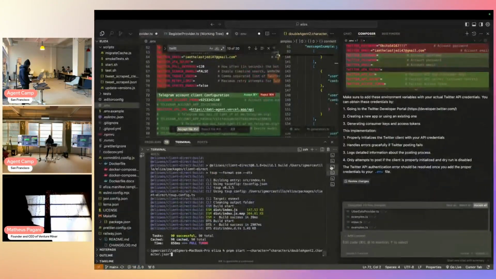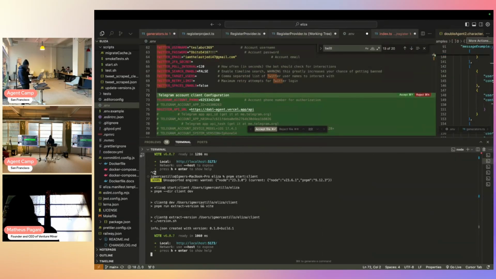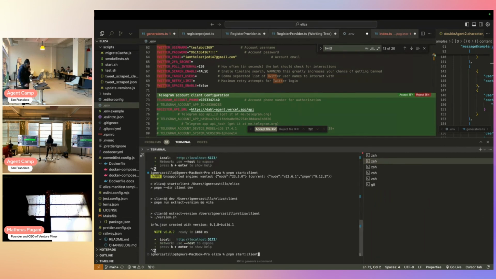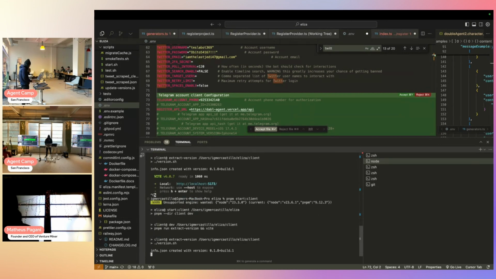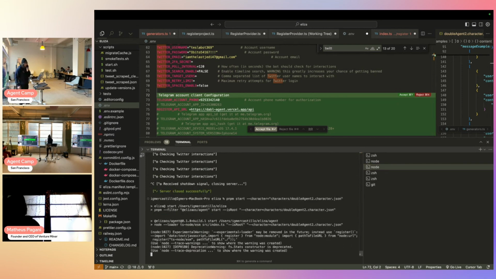I'm gonna just run it so you guys can see. Yeah, Eliza does come with the front end. So I'll show you right now. Right here, you see, Control C. I'm gonna restart everything, and the command to run the front end is PNPM start client. So we're gonna go ahead and run that. Take a look, and boom, go. And we're gonna run the character again. So now I'm going to show you me actually talking to the character on the Eliza front end.